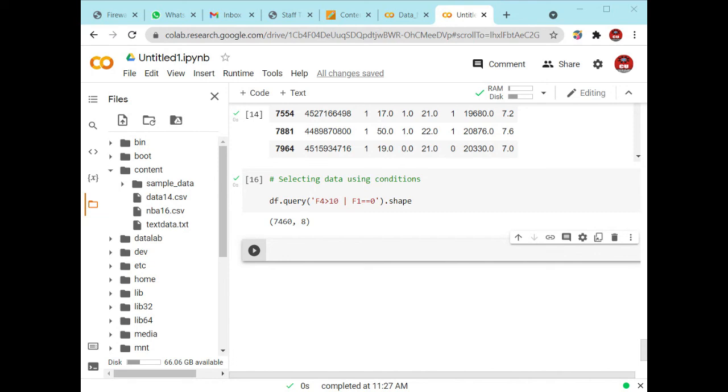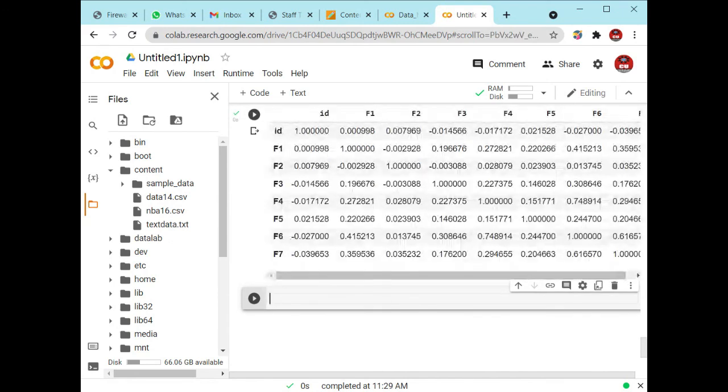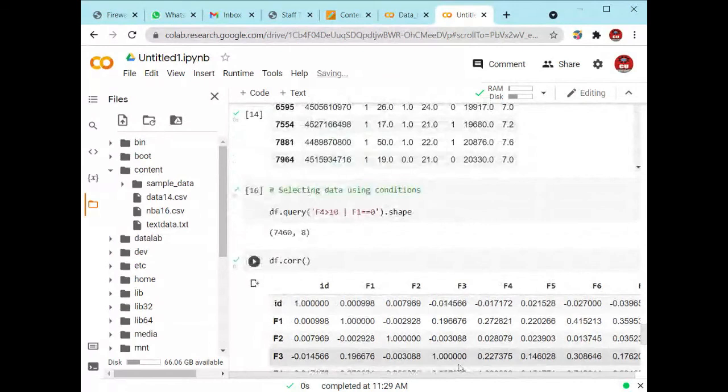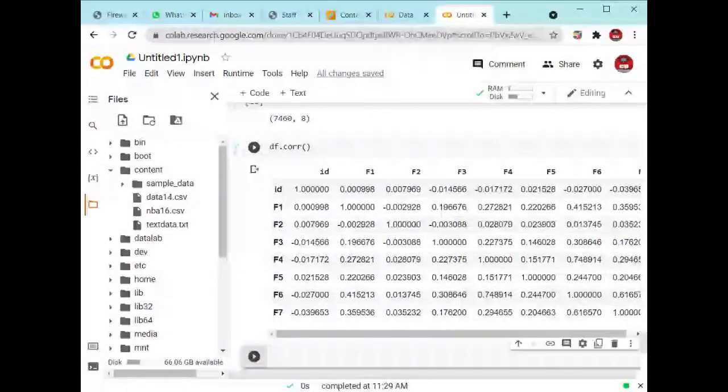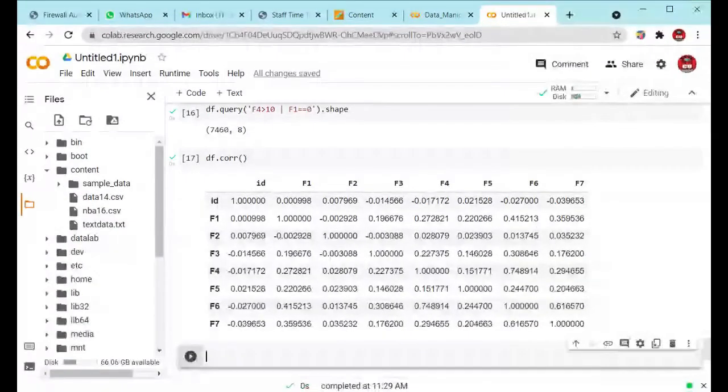Now you have to define the correlation of the data set. So what is the correlation? Correlation means how much your values are related to the other values. Right here you can see the diagonal values of this particular data.